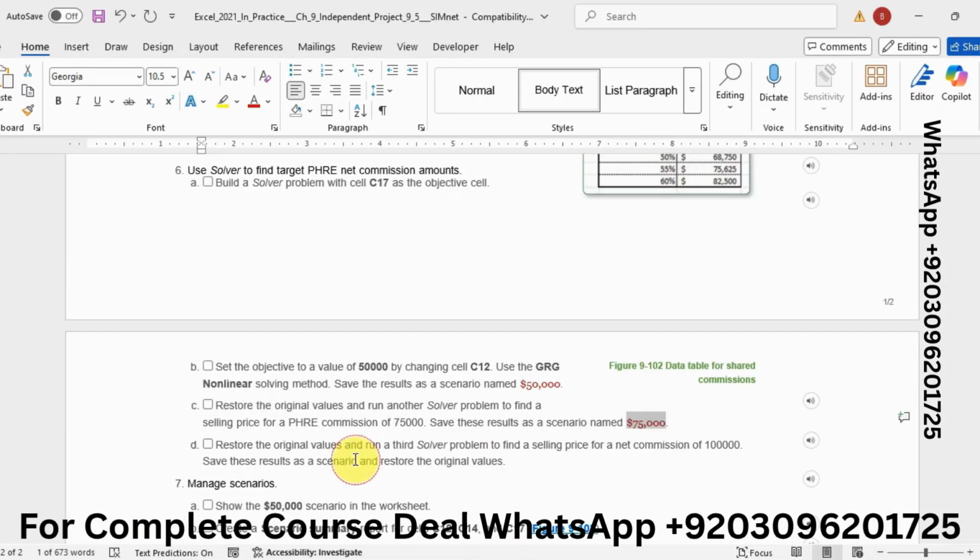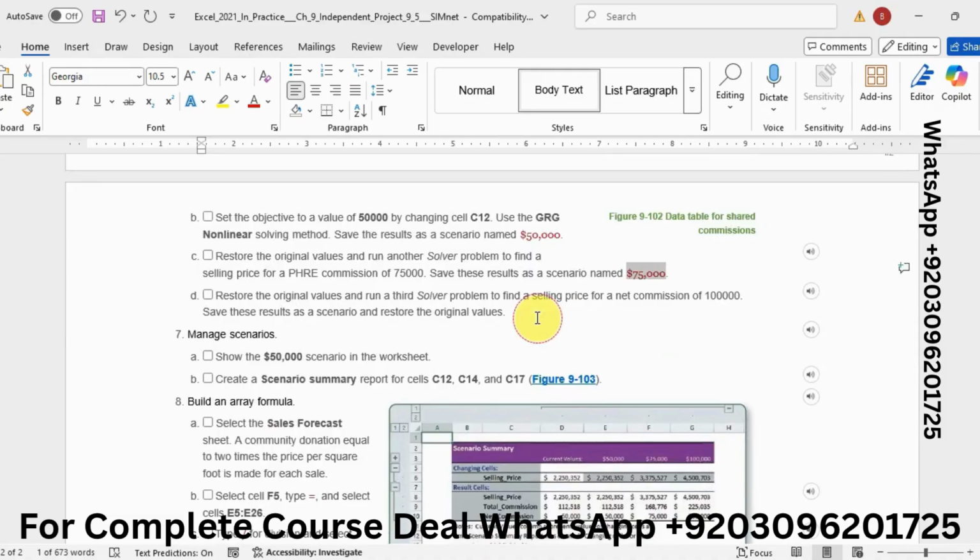So third is restore the original values and run a third Solver problem to find a selling price for a net commission of 100k. Save the result as a scenario and restore the original values.